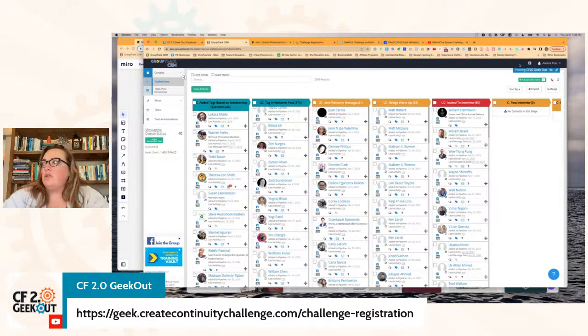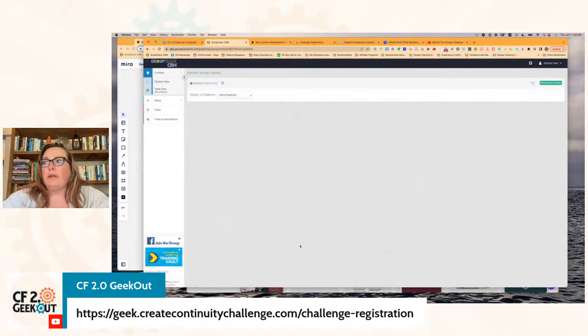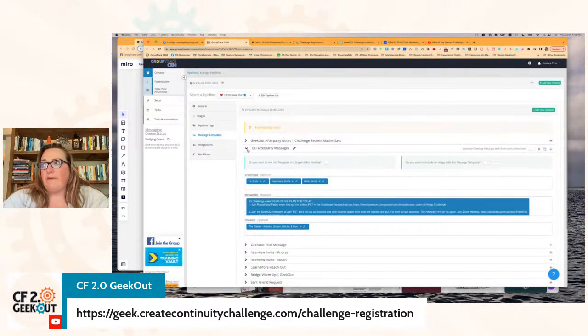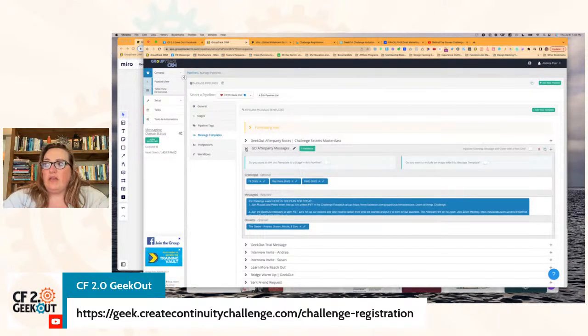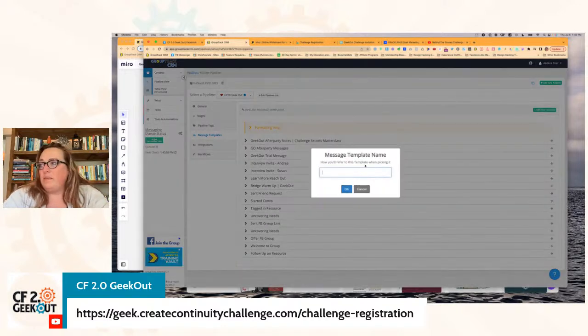Okay, so how do I do that in a really easy way? Because obviously I don't want to sit there and click 52 times to send messages to all these people, or 21 times or 89. So this is where Group Track gets really powerful. I'm going to go ahead and go to the setup, and inside of the setup here, I'm going to start making messages specifically for the challenge. You can see here that we had specific messages for a Geek Out after party. So I'm going to create a new template, and I'm going to call this Geek Out